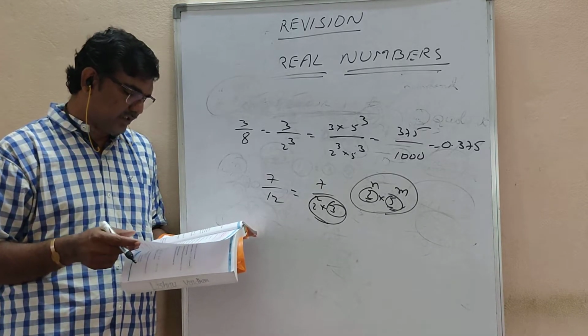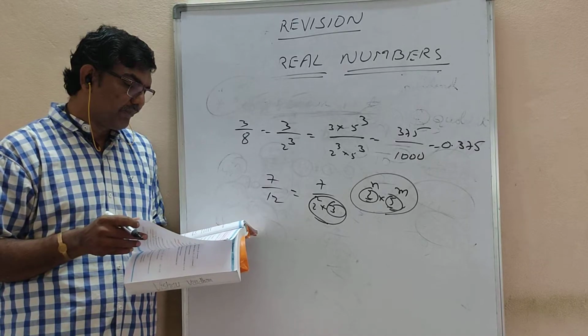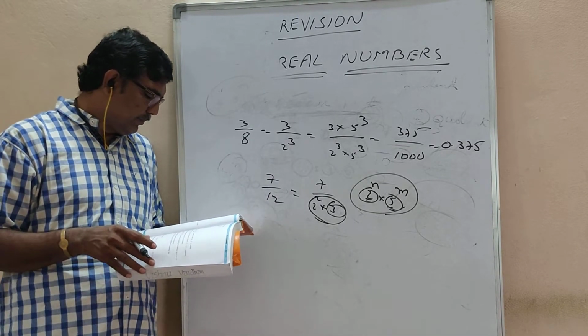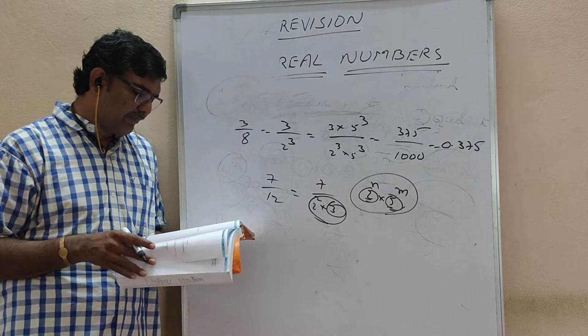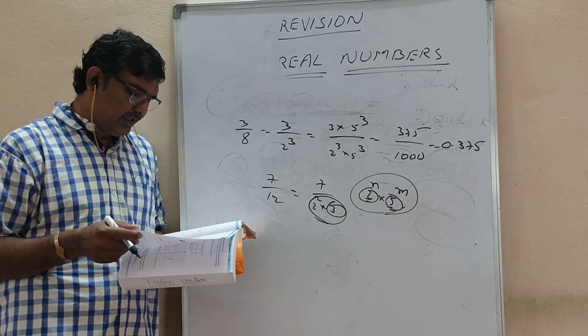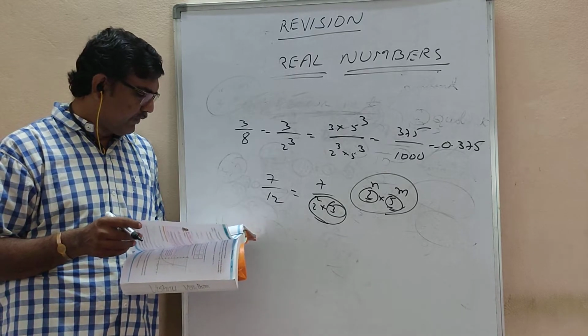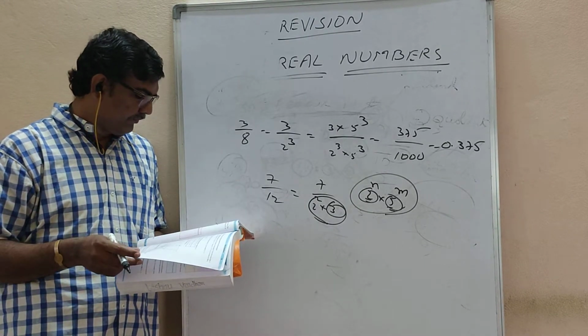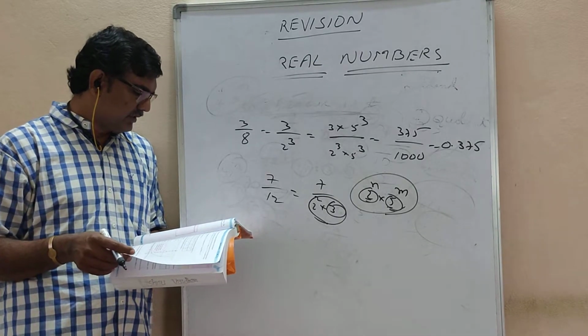Next, we will go for example number 7. So all examples without leaving, you have to do practice. 7, 8, 9, 10 are important here. In exercise 1.4, if you solve all the examples, exercise 1.4 is easy for you. Next, coming to last